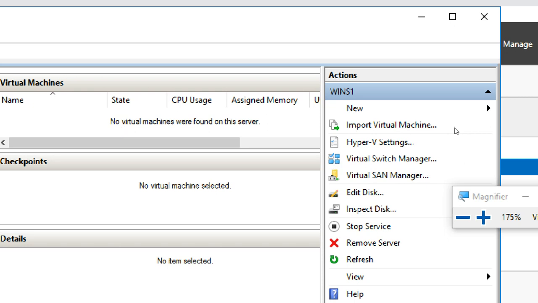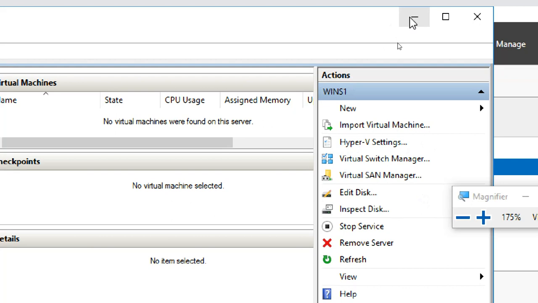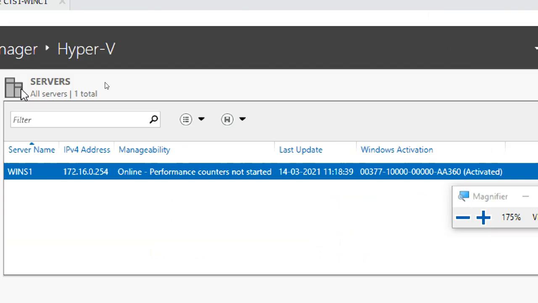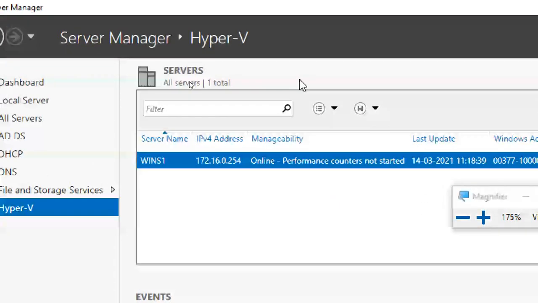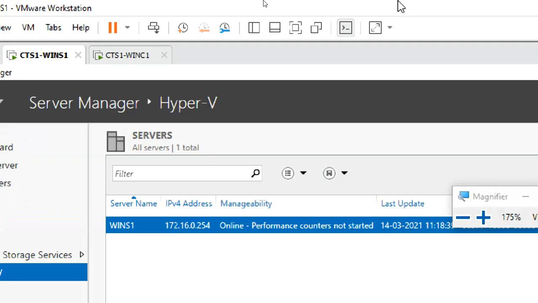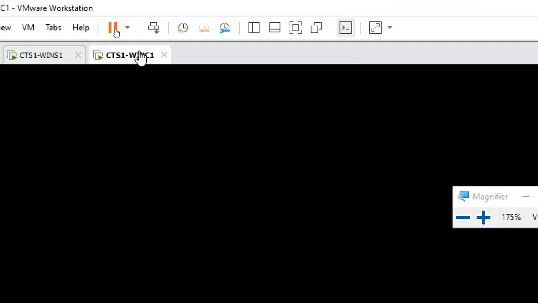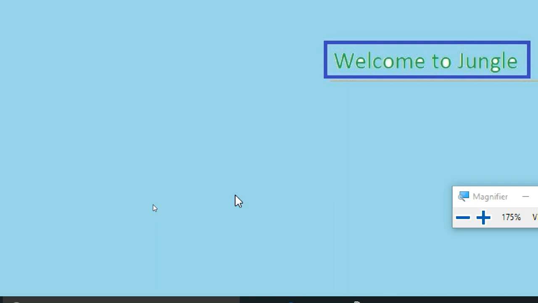Okay, first of all, I'm going to tell what is a virtual hard disk. So then it covers the storage virtualization part.